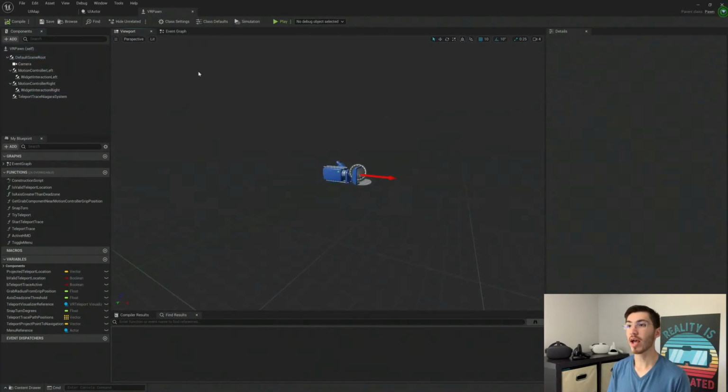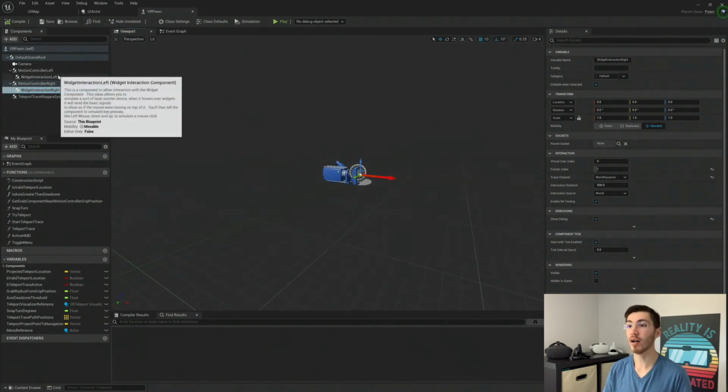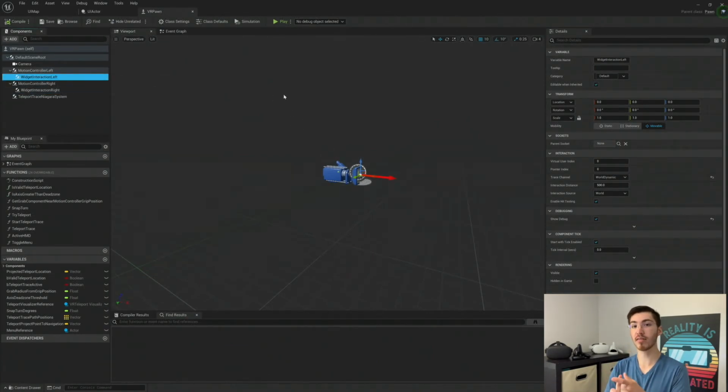All right, so now that we have everything set up in our widget interaction components themselves, here in the viewport at least, they should now be able to detect when they're colliding with the UI, and they should be visible within the world so that way you can actually see where you're pointing and what you're hitting and all that kind of stuff. So in order to actually trigger UI elements, we're now going to have to jump over here